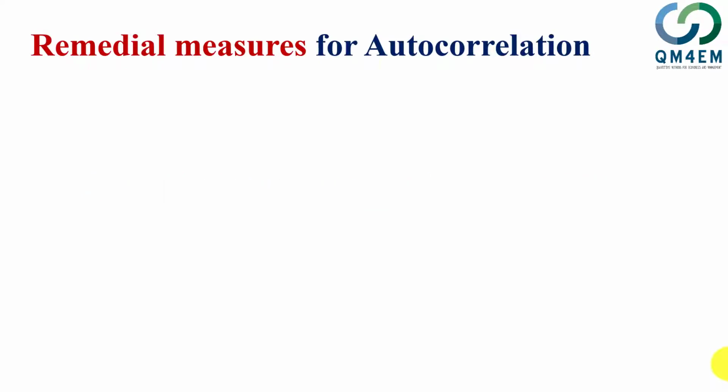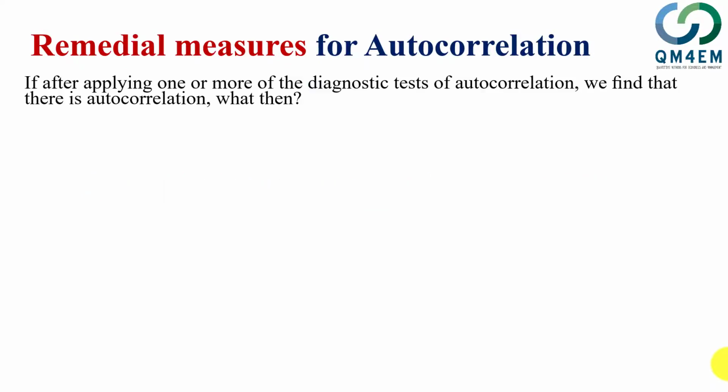We have to apply a remedial measure after we diagnose that there is a problem of autocorrelation. Once we get confirmation using the tests which we just summarized a while ago that there is a problem of autocorrelation, what should we do? We have three options to fix the problem of autocorrelation. The first option